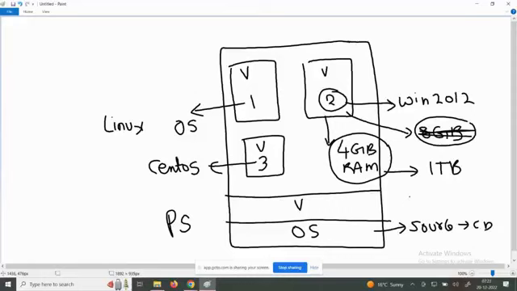Anyone has any questions? I can take only one physical server right now, and I can create hundreds of virtual systems, and you can connect, you can make it, you can break it. I don't want this server, I can delete it. Sir, I want to create another server. Create it. You are the person, you create it. In this 1 TB only, that server is getting created, working, connected. All these things are very superb. Fine. Everything looks to be good. What are the big advantages and what are the big disadvantages?